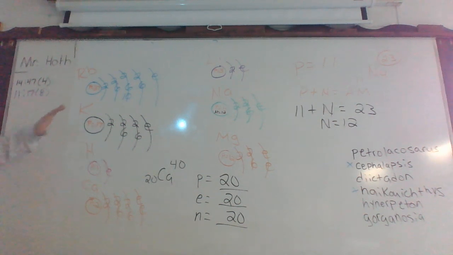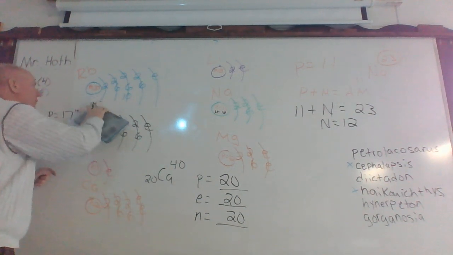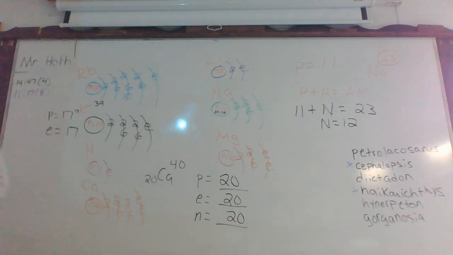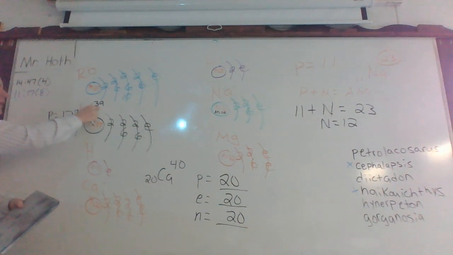So to finish this quickly, how many protons does potassium have? 17. Okay, how many electrons does it have? And then if we said 17 down here, is the mass number 40? 30, okay, 39. I guess it would have to be 39 if calcium is 40. So now, how do we get the number of neutrons? You subtract the two, just like what we did here. So 17 from 39 gives you,